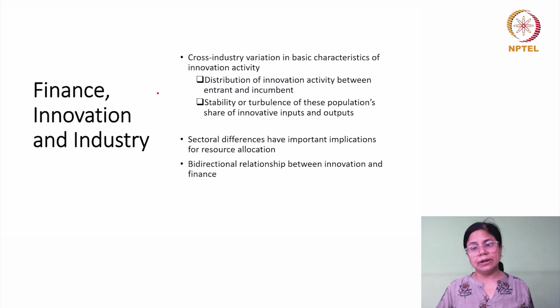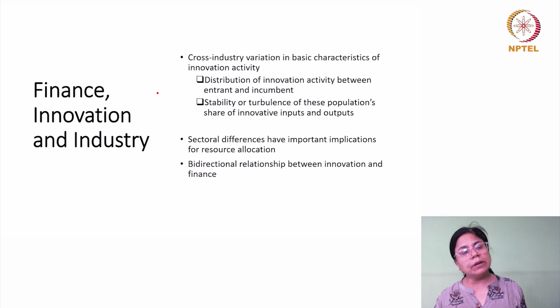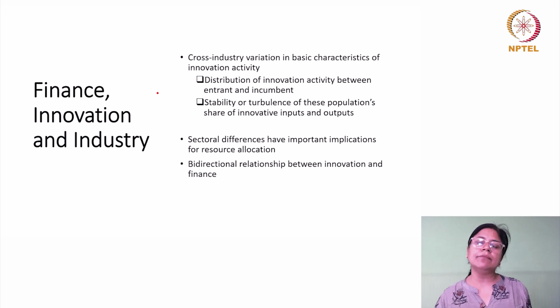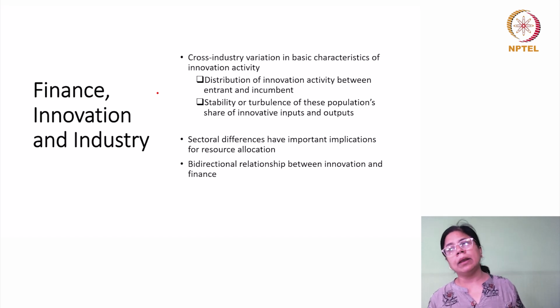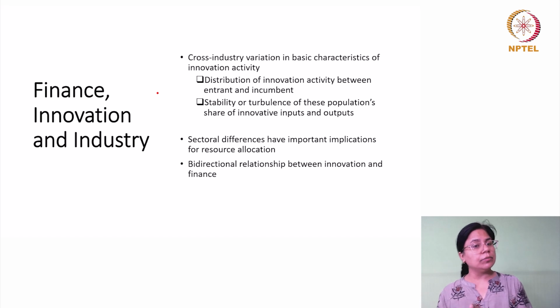are cross-industry variations in basic characteristics of innovation activity, which also then spill over to the relationship that they have with the financial institutions. So on the distribution of innovation activity, essentially you have to figure out whether most of the innovation activity is coming from entrants or from incumbents. An incumbent might be a large company, so clearly the sources are going to be different. If it is coming from an entrant, which could be a startup, then clearly the sources of finance are going